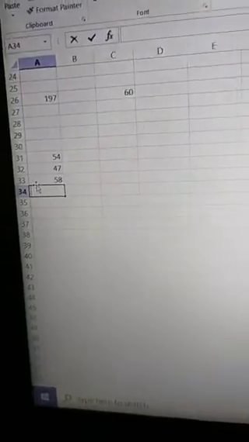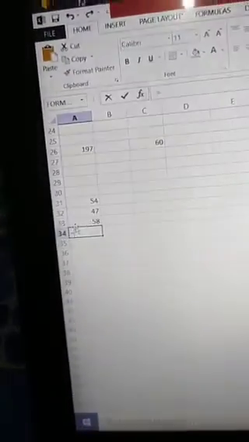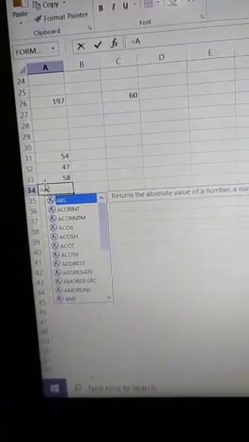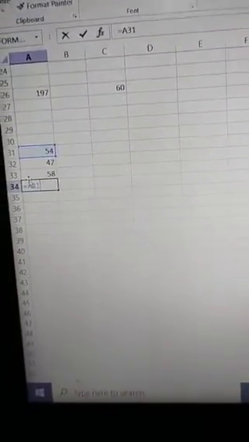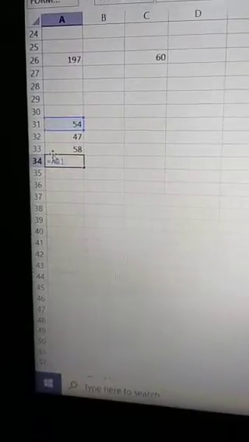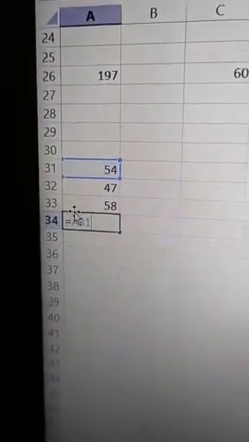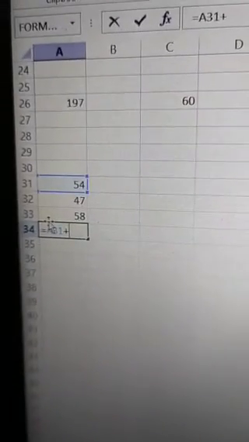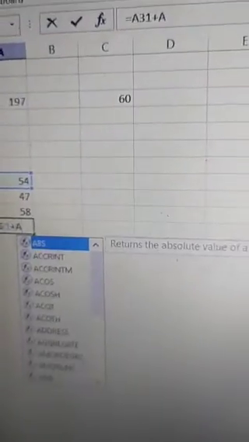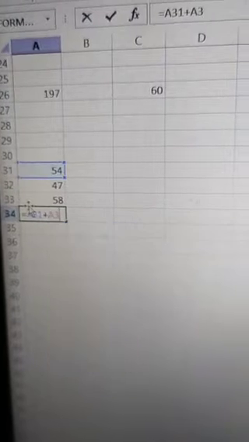At first give the equal to sign, then give the cell reference. What is the cell reference? Here the cell reference is A31. When you type A31, a colored mark will appear in that particular cell. Then press the plus sign, which means you want to add, then A32, the other cell reference I want to add.